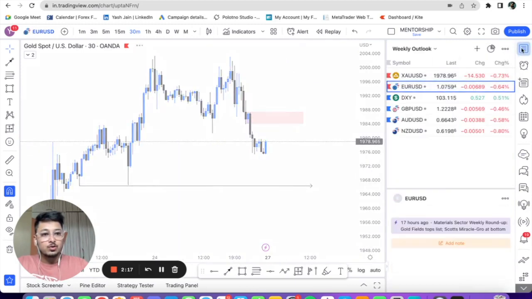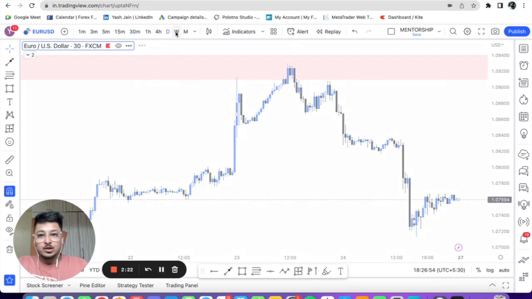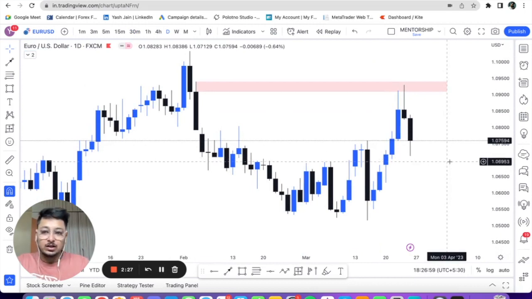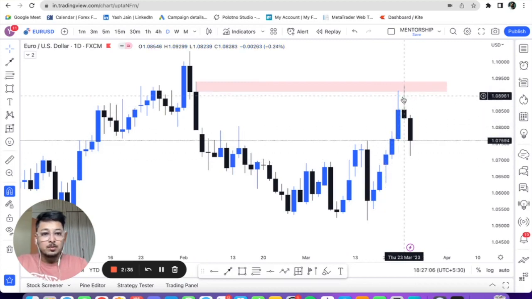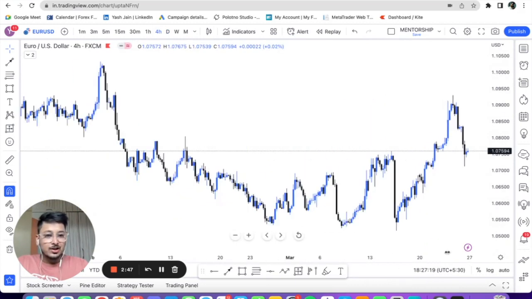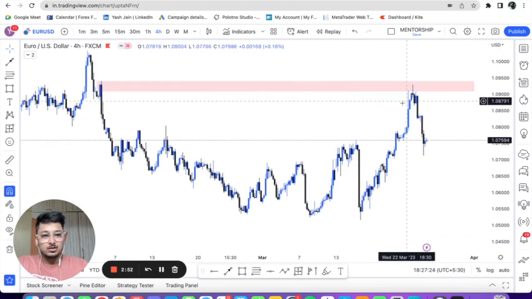So let's quickly move on to Euro USD. Last week I had mentioned very clearly that on any currency paired with dollar, just try to buy on the dip. From Monday, Tuesday, Wednesday, we had a bullish market structure, and on Thursday is where we started reversing back down. I mentioned very clearly, unless and until we reach a major supply area, just try to buy on dip. That is all you have to do, and then short from the supply area itself.